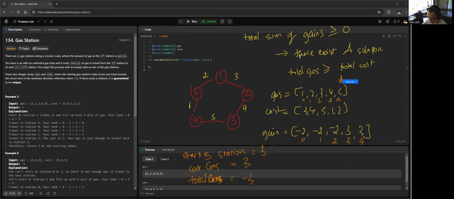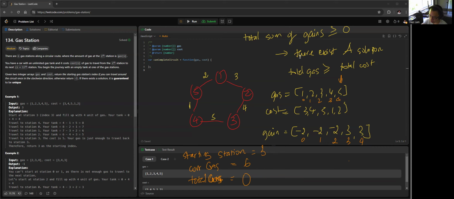So we move on to here. Then again is 2. Oh, sorry, 3. 5 minus 2 is 3. So the total gas becomes 0, and the gas becomes 6, right? And we are done here. So because the total gain is greater than or equal to 0, right? Which means there exists a valid solution, right? And our starting station would be 3. Because starting at 3 will give us the most amount of gas,